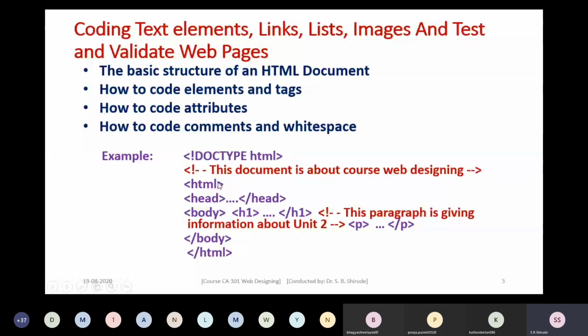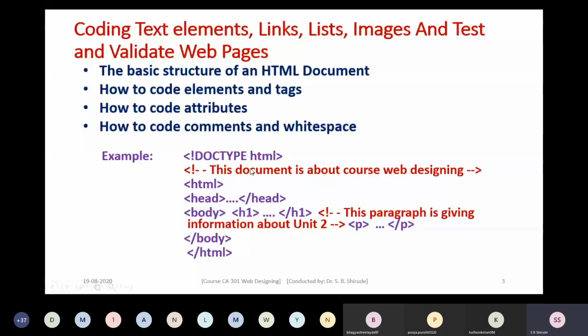So the name of the attribute is followed by an equal sign, and in double quotes, or you may ignore the double quotes, you can put the attribute values. That can be a number, a value, a URL, or the path of a file. Those can be the attribute values.